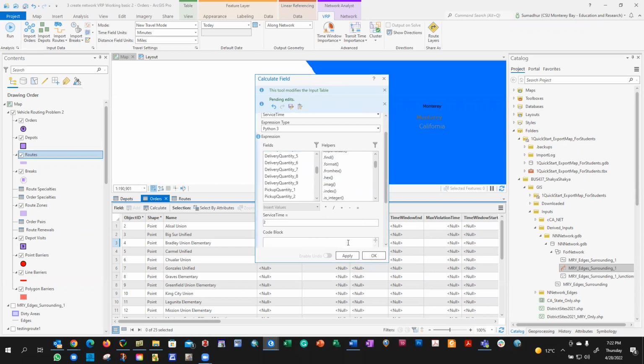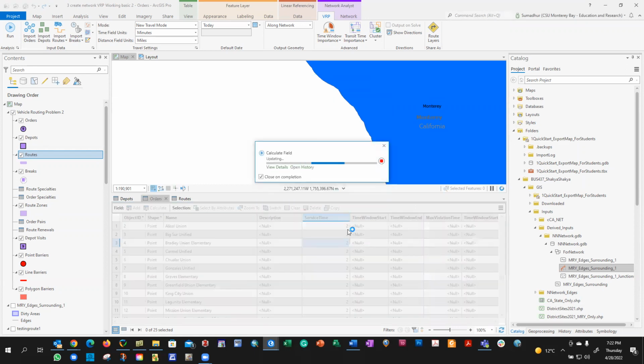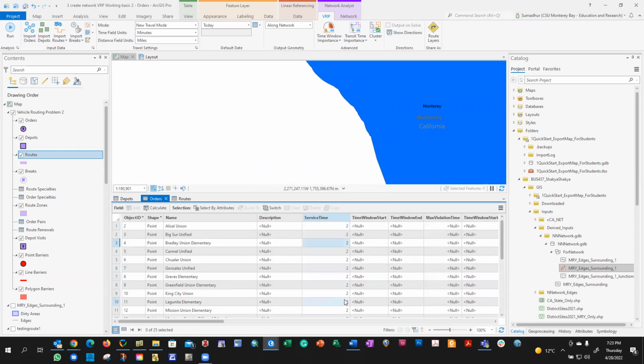Service time equals 2. I'm gonna fill that number in. So every visit, the driver spends at least 2 minutes to make the delivery. Now, time window start is when the school is going to open and when it's going to shut down. So the truck can only make a delivery if it visits this school, in this case, LSL Union, somewhere between